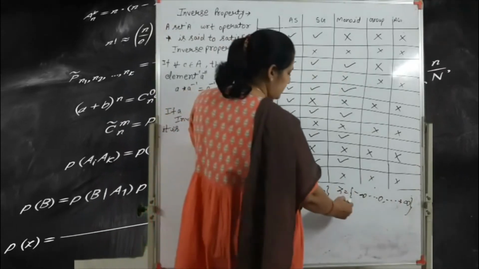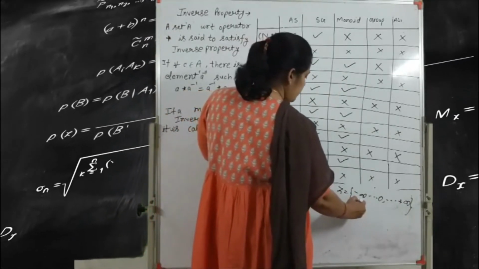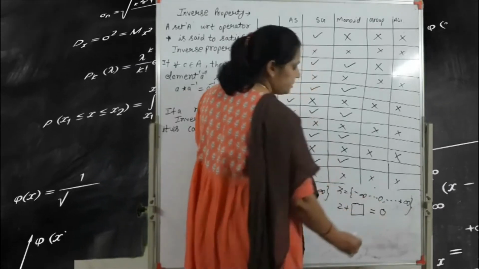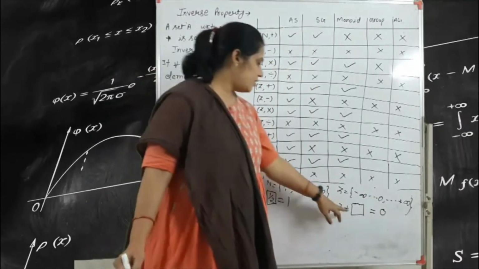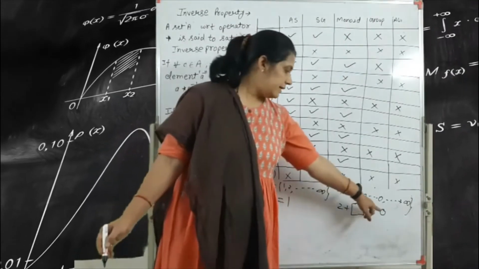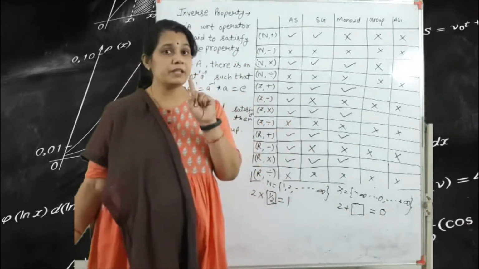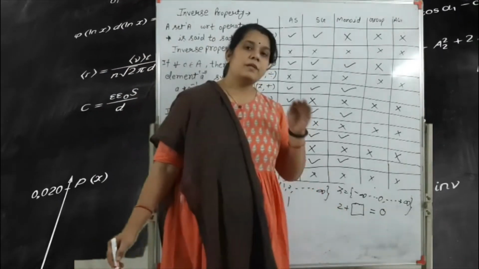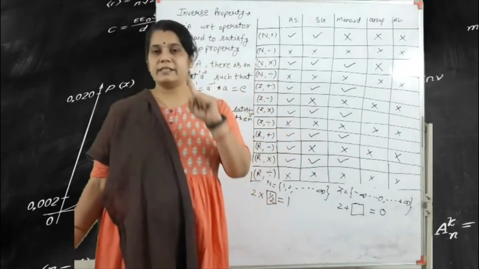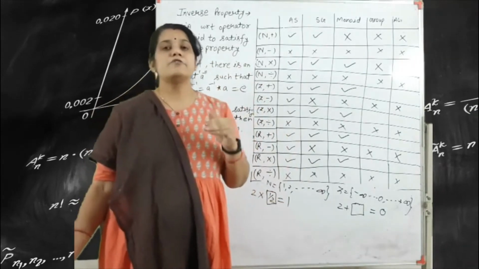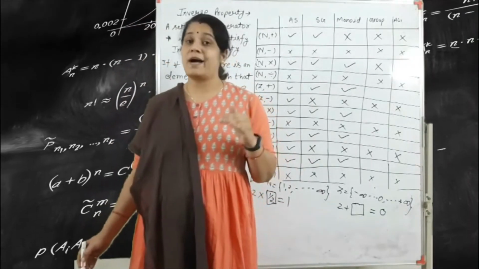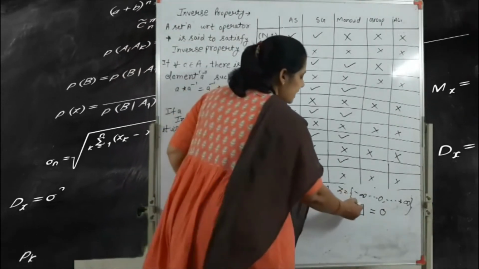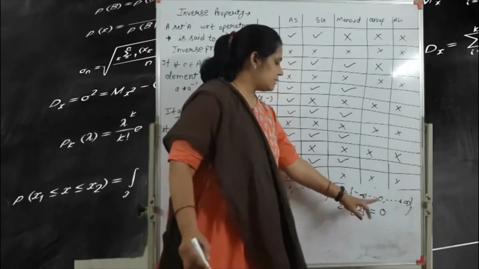So if we write here the 2, which number do we add here to get the identity element? That is 0, because according to the plus operator the identity element is 0. Don't be confused here, always keep in mind: with the plus operator the identity element is 0, and with the multiplication operator the identity element is 1. So 2 plus, obviously we write here minus 2, so 2 minus 2 is equal to 0.